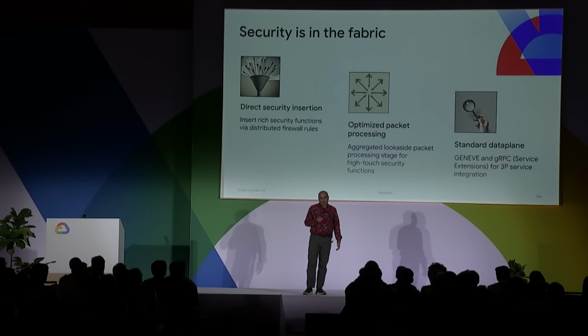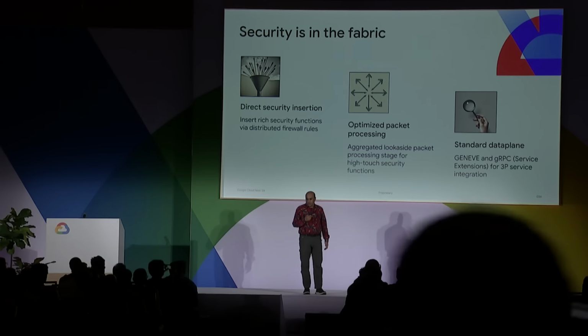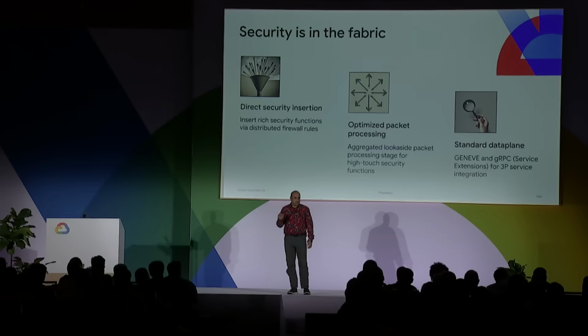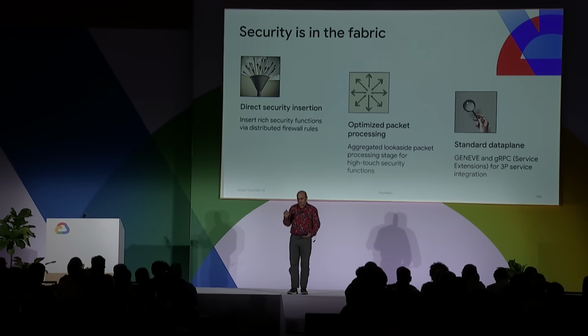So we've talked about the fact that it's important to Google. We believe that security lives in the network fabric, right? As a customer, you shouldn't have to steer your traffic manually to a set of choke point entities and provide perimeter security. That's not our vision. And so the distributed firewall has offered connection-oriented stateful security in the fabric, but I think we know that in today's landscape, there's a set of security functions, especially expensive ones that involve AI/ML, which can't be executed in a distributed fashion. They actually have to be executed in a centralized set of services, a set of VMs.